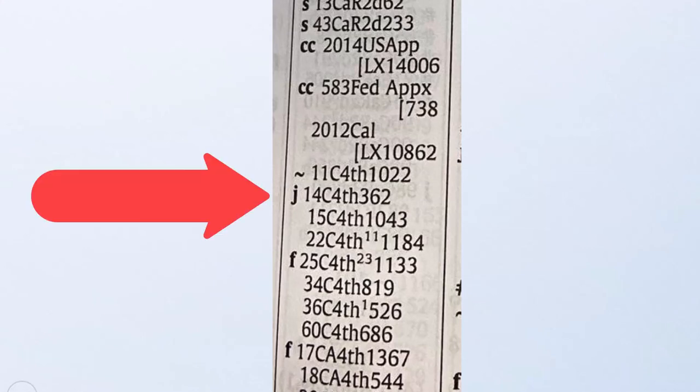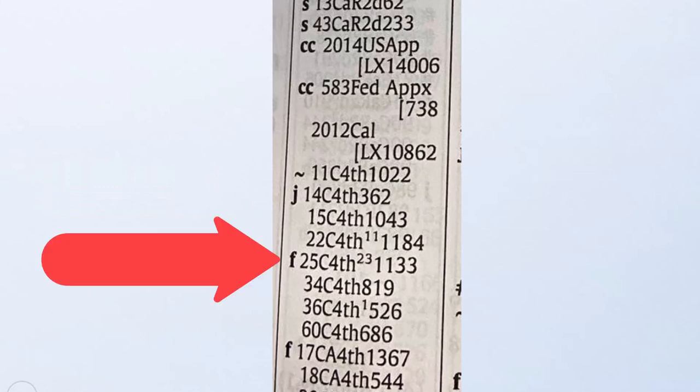The J means that this case, 14 California Reporter 4th Series on page 362, was actually part of a dissenting opinion, and so a dissenting judge cited Von Villas. Here, the F means followed. So on page 1133 of 25 Cal Reports 4th Series, you will find Von Villas cited, and the case says